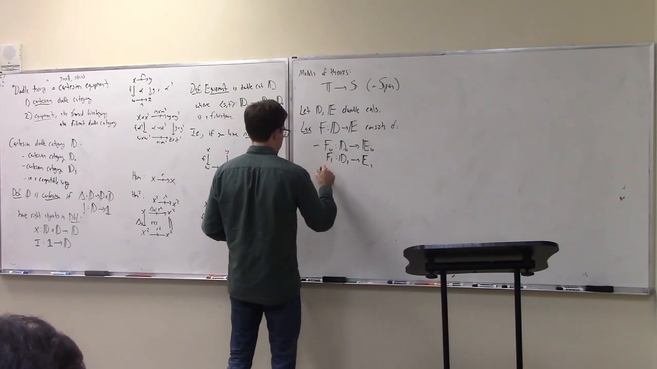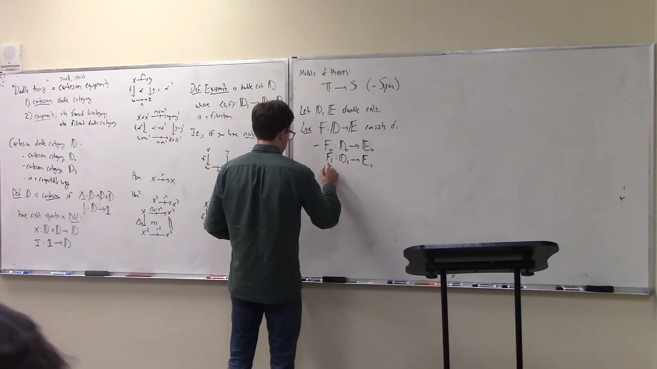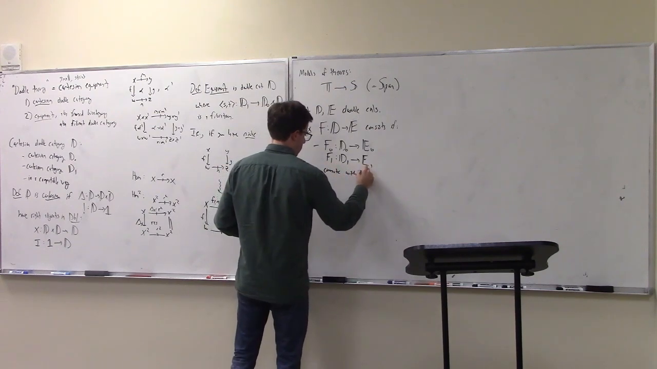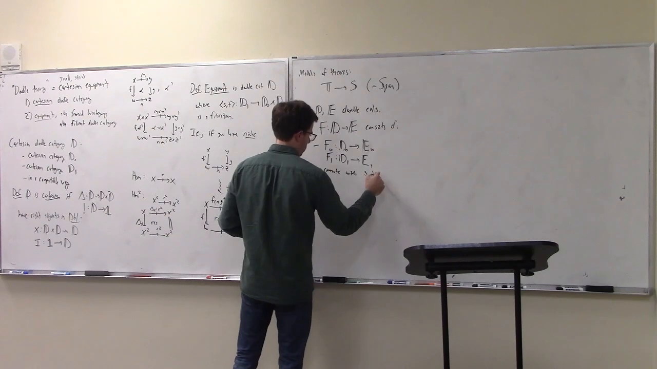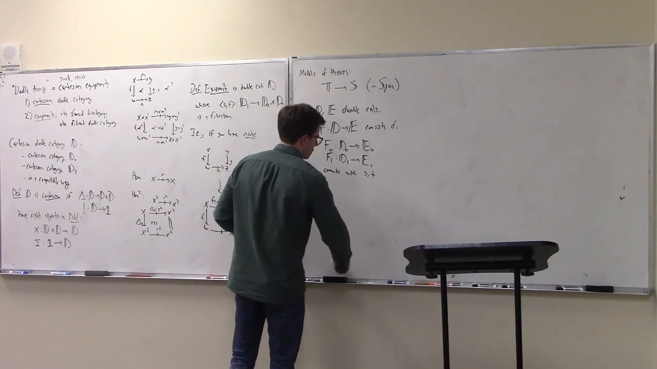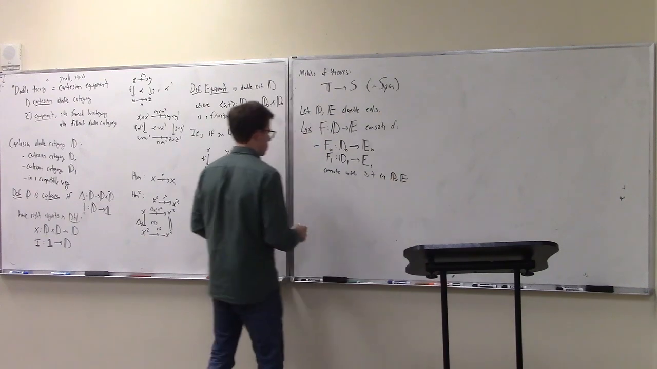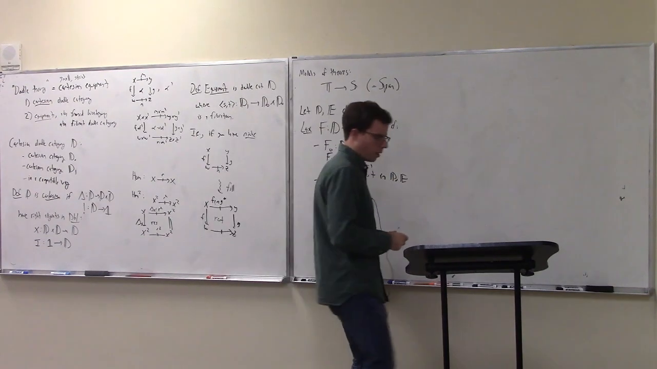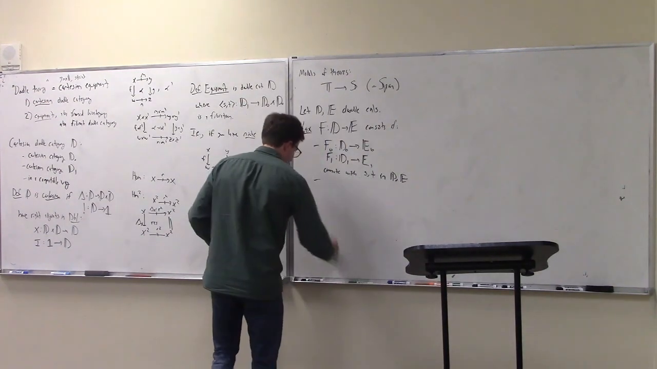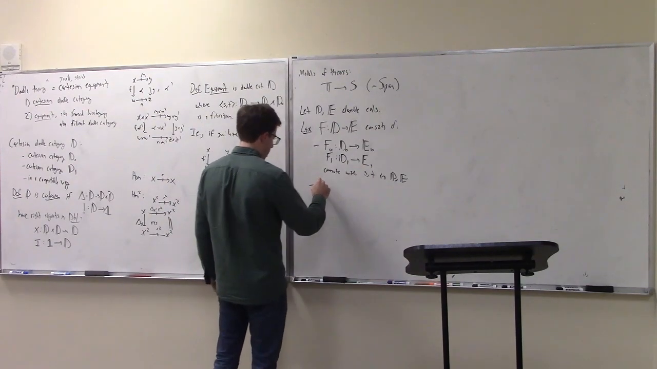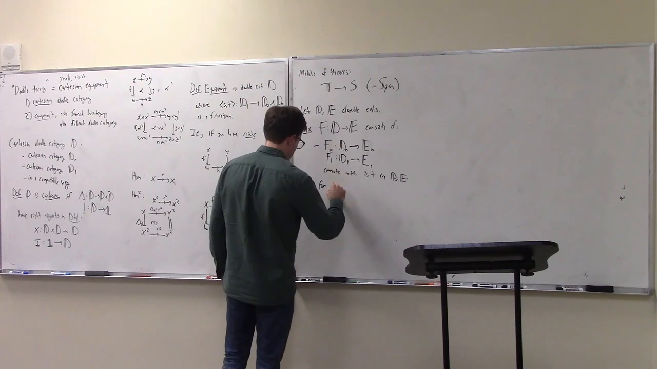And then these commute with the source and target. So those are compatible with each other. And then what makes it lax is that you have four